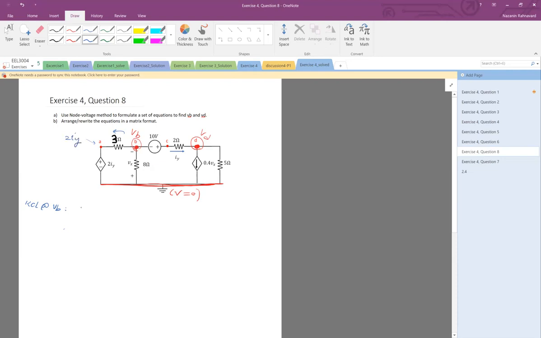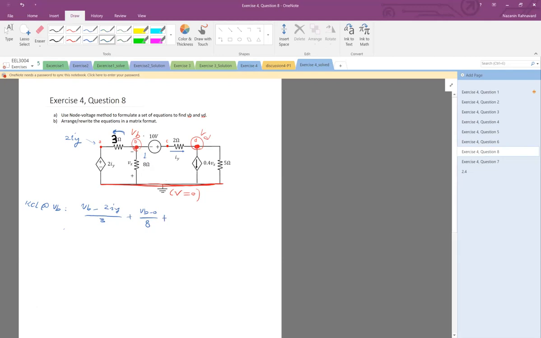Therefore VB minus 2IY divided by 3 is this current. And then the current going down is VB minus 0 divided by 8, plus